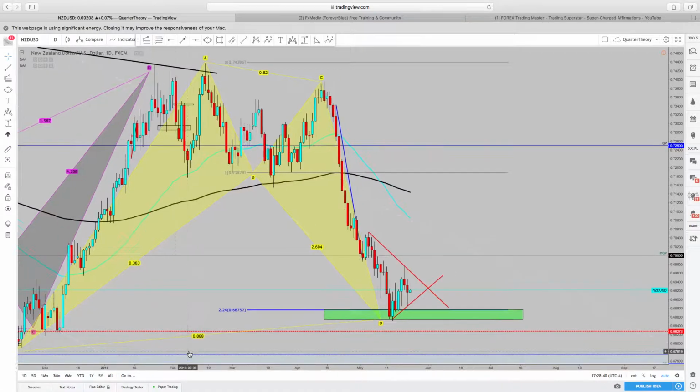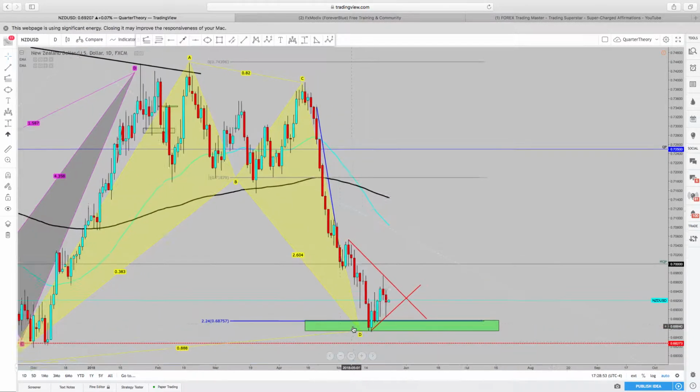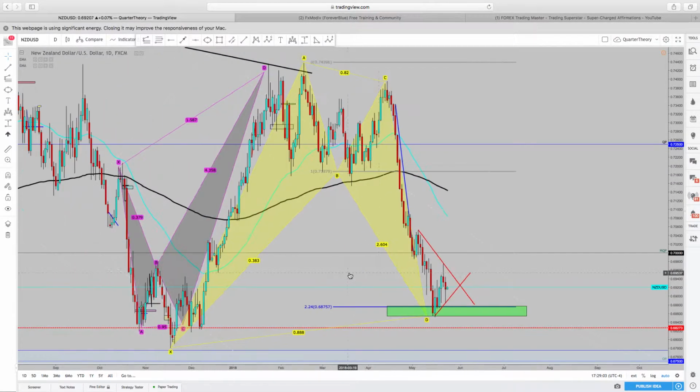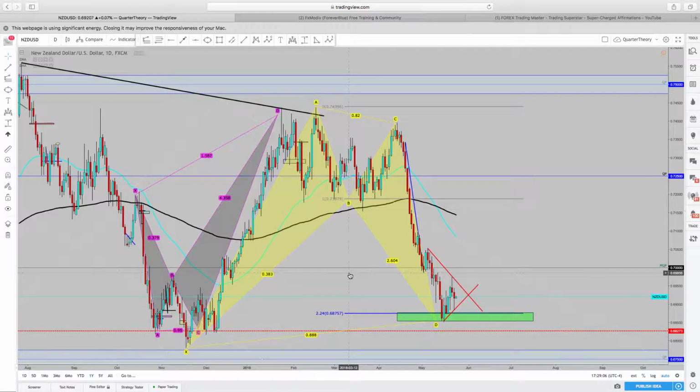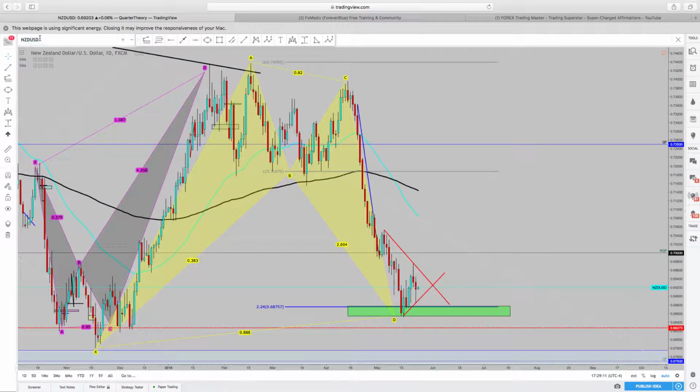And so far right now, since this is Wednesday afternoon, maybe Thursday, Friday, next week we may get our reversal to head back up or either to head back down. This could be an inverted head and shoulder, right shoulder, come back up. No, not an inverted head and shoulder, not at all. But this is where we're sitting for our NZD-USD trade. But I'd like to go back to nzdcad